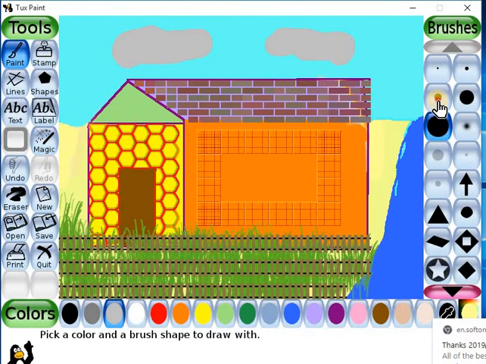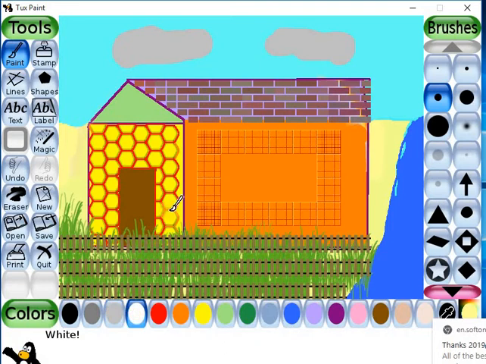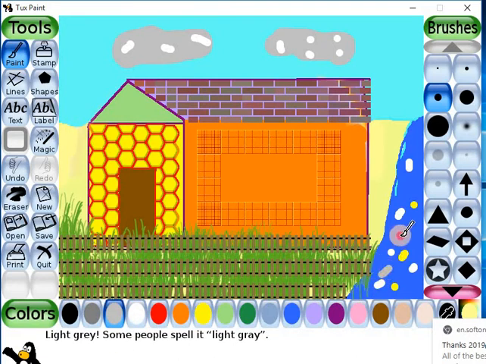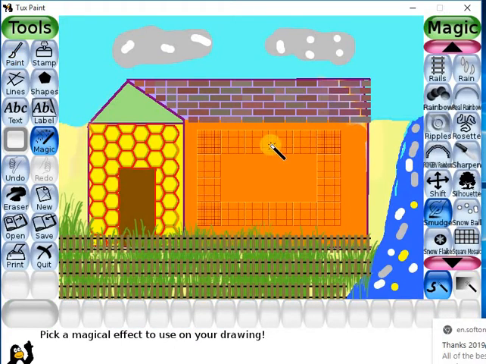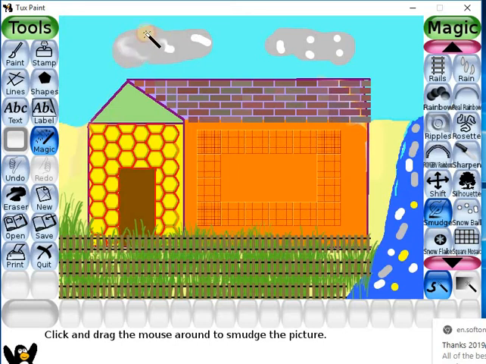We'll go to paint, select brush, take the color, put some drops, similarly here in the river also. Then go to the magic tool, select smudge and mix the color like this.